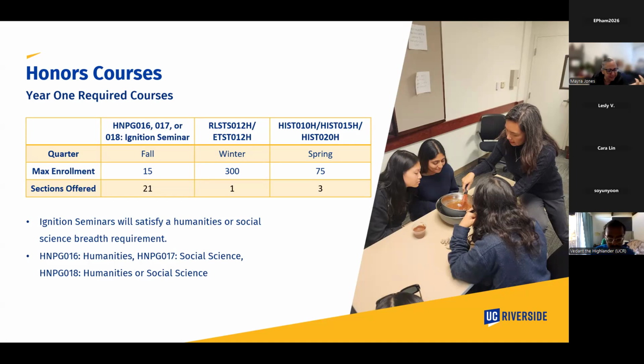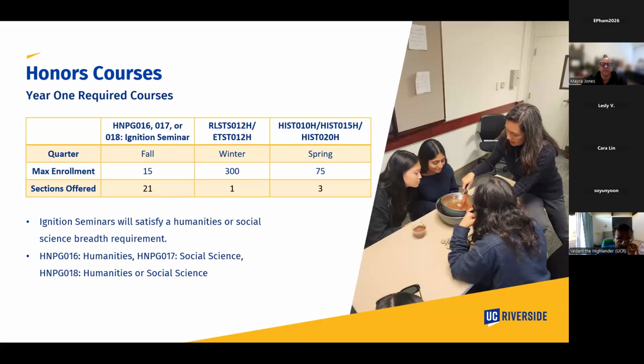The schedule of classes will open up. If you look at the UCR academic calendar, it tells you when the schedule of classes opens up for the specific quarter that you're trying to register for, when you'll see your registration appointment, when students can start registering, et cetera. All of that is outlined in the academic calendar.